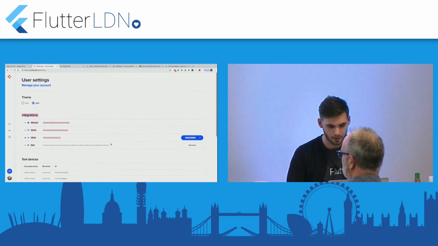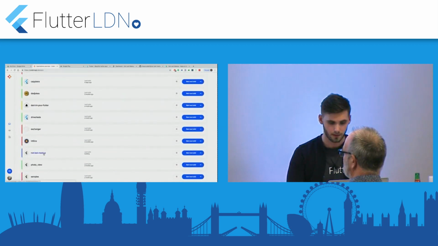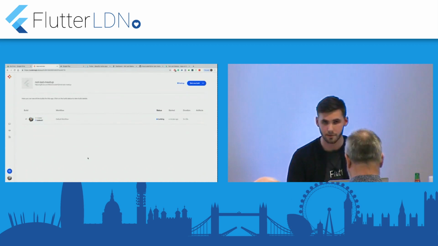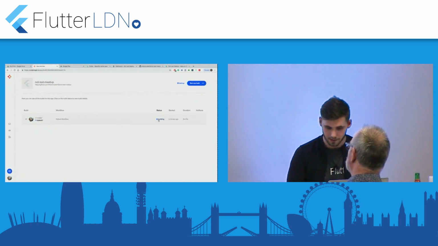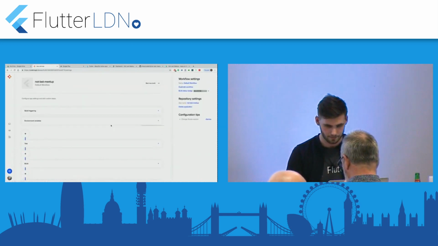Also, we have an integrations part where you can connect all of your Bitbucket and GitHub accounts, and also GitLab, and we have a Slack integration as well. This allows you to build your application, and after that receive a notification in Slack, so you are notified if there are any binaries built by your hook, or whether the build failed, for example. And we also have a notification for the build started one. But since the application is still building,